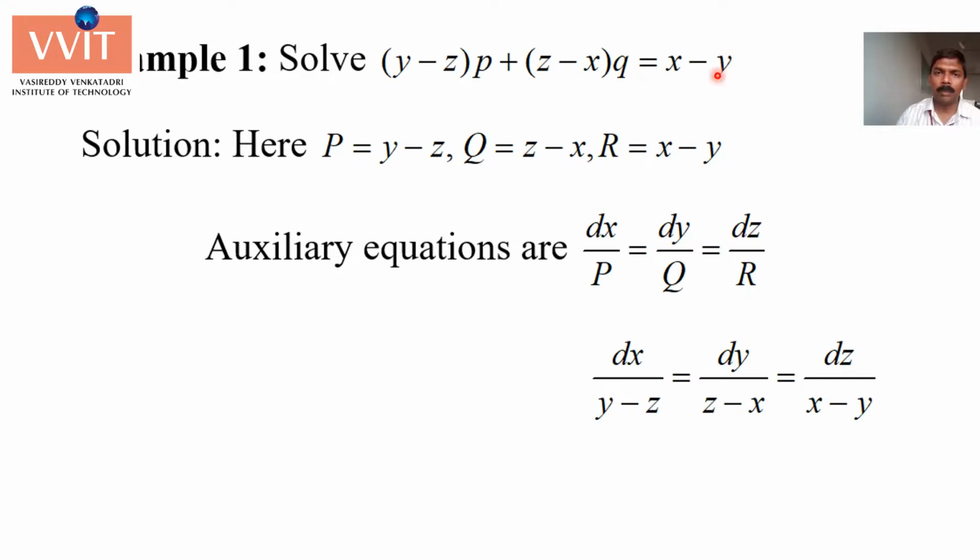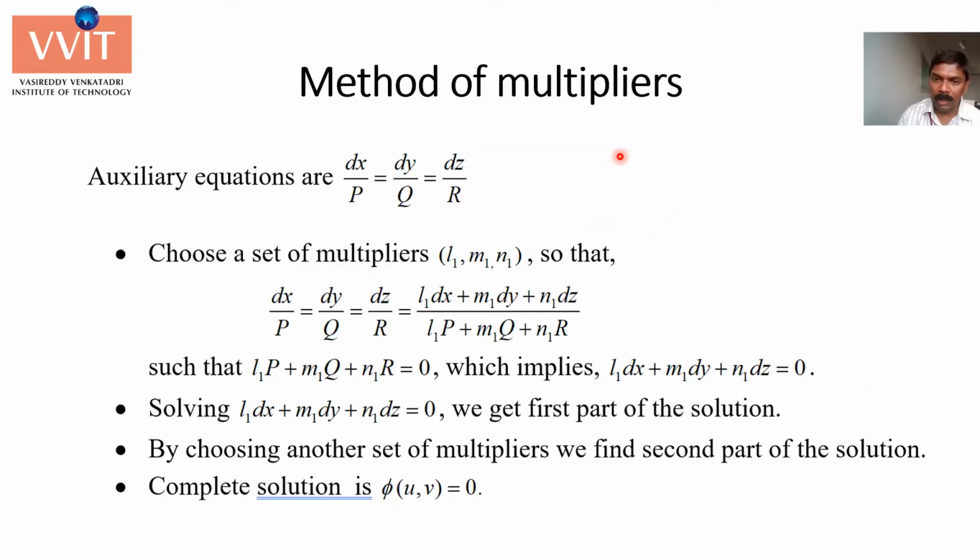So see this problem. Clearly it is in standard form. Write the values of p, q, r, auxiliary equations. And if you closely look into the auxiliary equations, is any selection possible? 1, 2, I can't select 2, 3 and 1, 3 as well. Selection is not possible. Then we have to go with multipliers. And what is important is you have to see what should be multiplied to the given p, what should be multiplied to given q, what should be multiplied to given r, such that the denominator part, as I mentioned in the method, this L1p plus M1q plus N1r, we have to get 0.